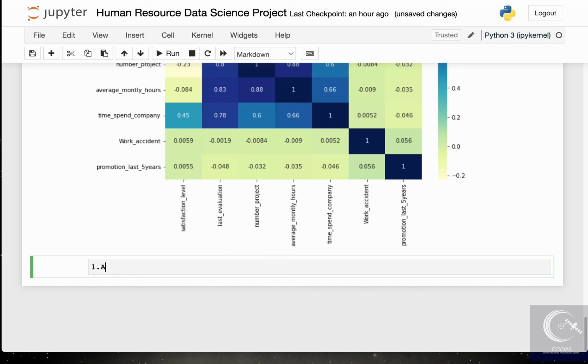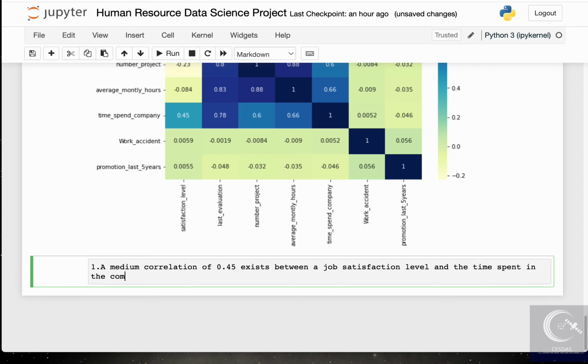A medium correlation of 0.45 exists between job satisfaction level and the time spent in the company. And the simple explanation is